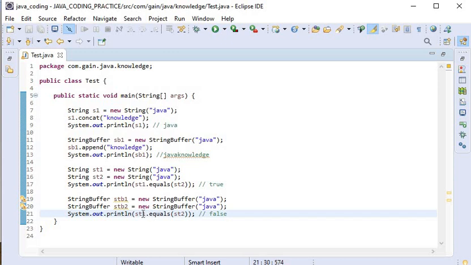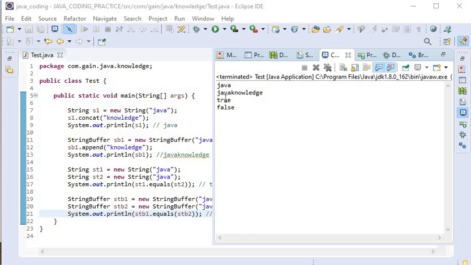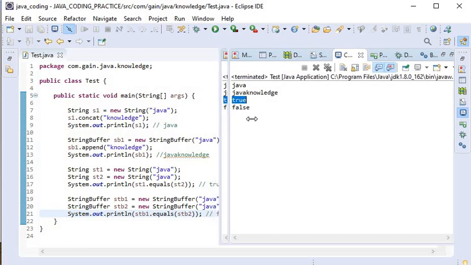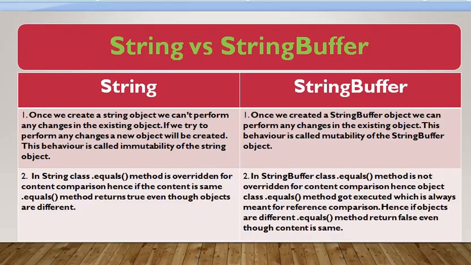Now I will run this application. Here you can see on the console String class returning true but StringBuffer class returning false, because the String class equals method is overridden for content comparison, but StringBuffer class is using the Object class equals method that is meant for reference comparison.